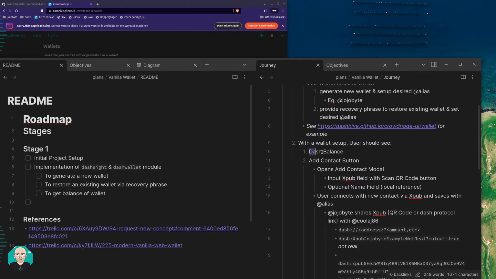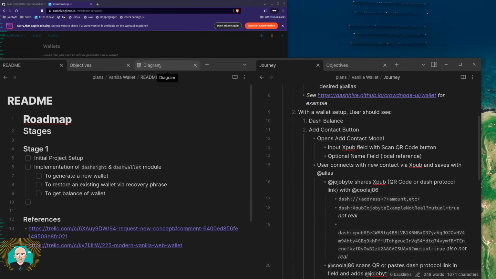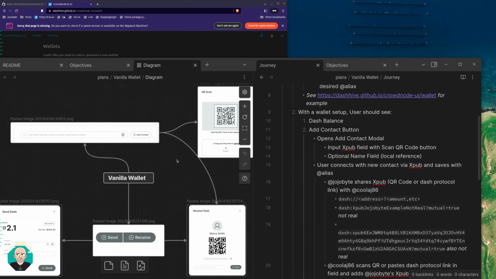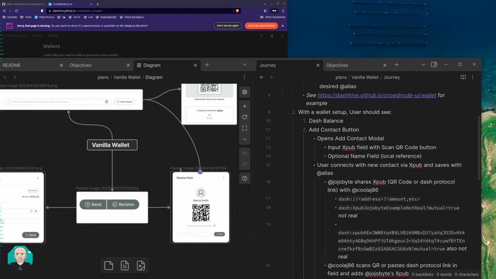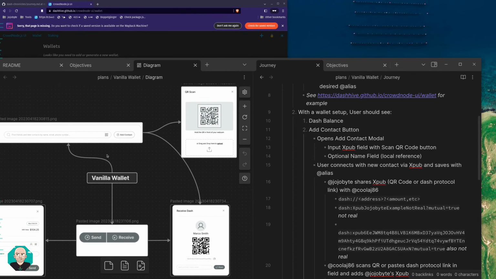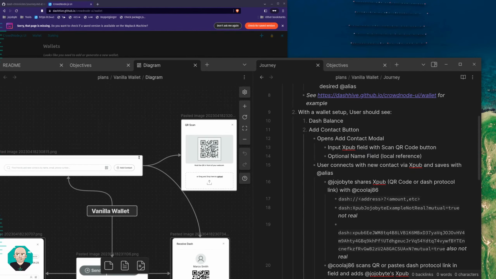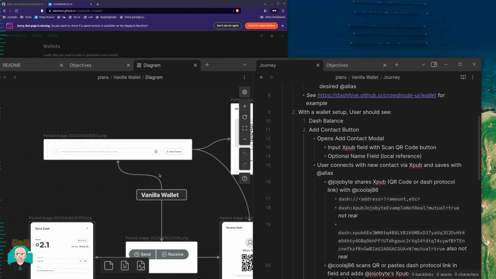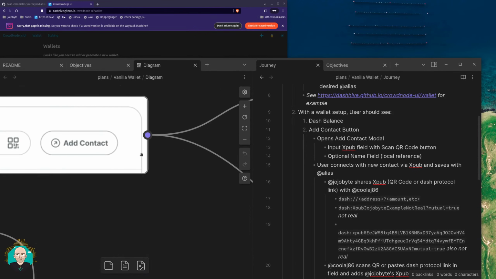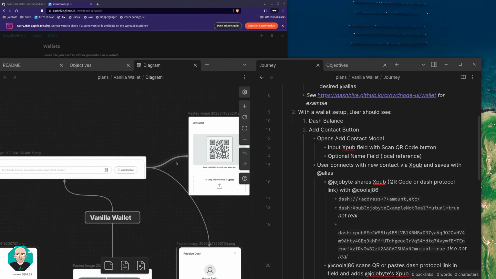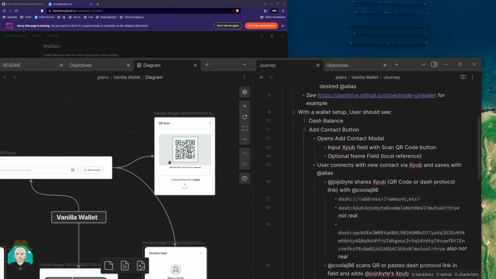In any case, the next step in the user journey is, with a wallet set up, the user should see their balance on that wallet. They should be able to add a contact, which I also have this diagram that I worked on a little bit with snapshots from the wireframe we've been working with. So essentially, this area is what I had. So add a contact. If you click that, then you would see something similar to this,